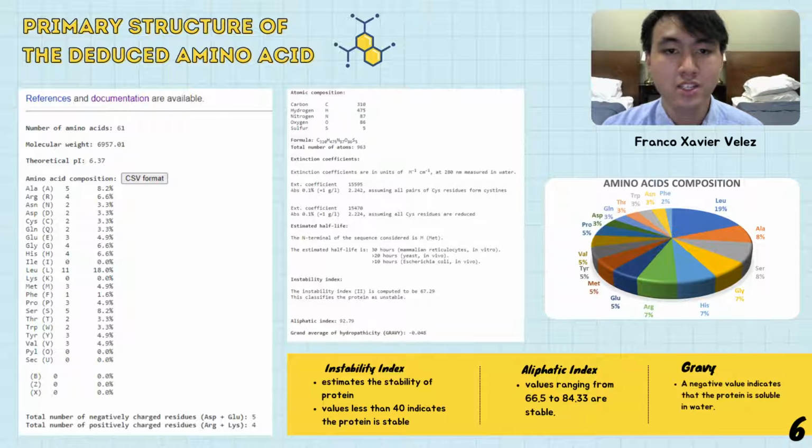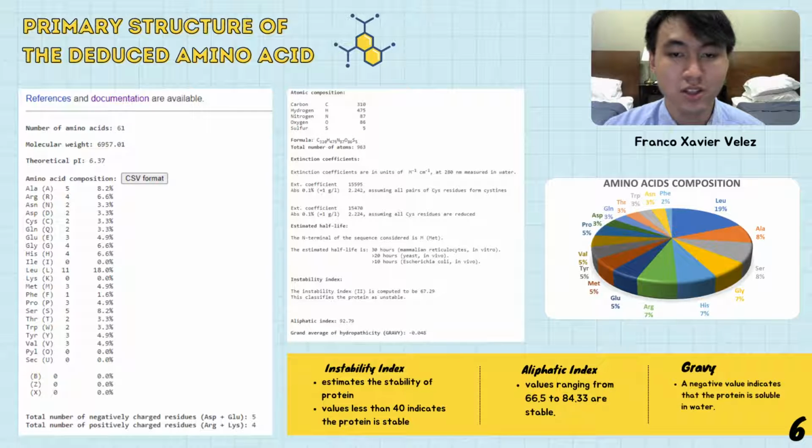Furthermore, this gene has a molecular weight of 6,957.01. In terms of positively and negatively charged residues, the positively charged residues, arginine and lysine, have 4 and are located near the cytoplasmic end of hydrophobic segments in membrane proteins. While for negatively charged residues, aspartic acid and glutamic acid have 5, and are in transmembrane regions that have a non-trivial role in the biological context. With extinction coefficient,